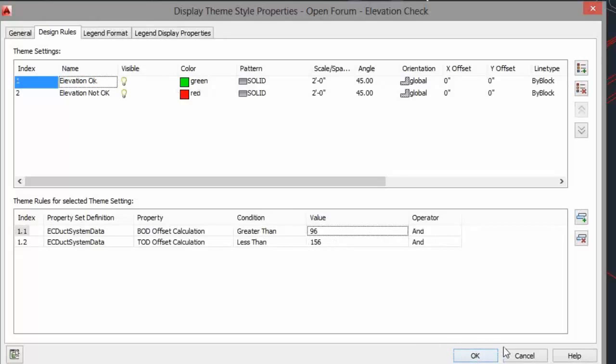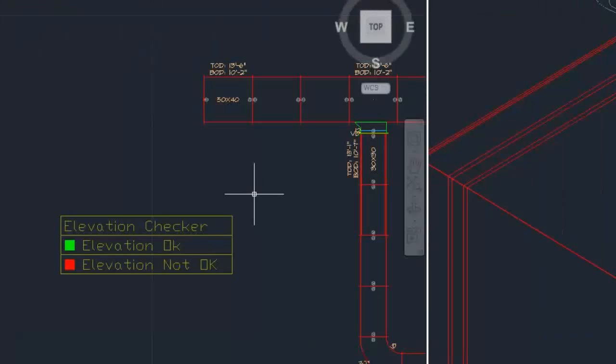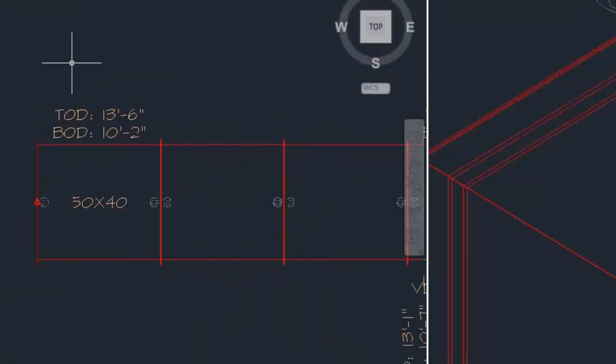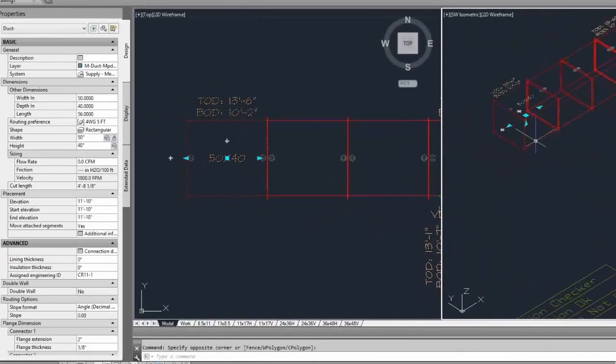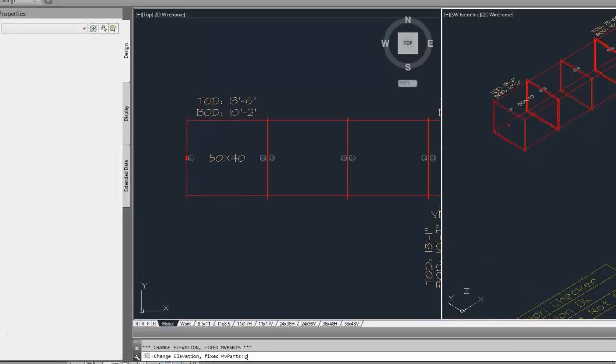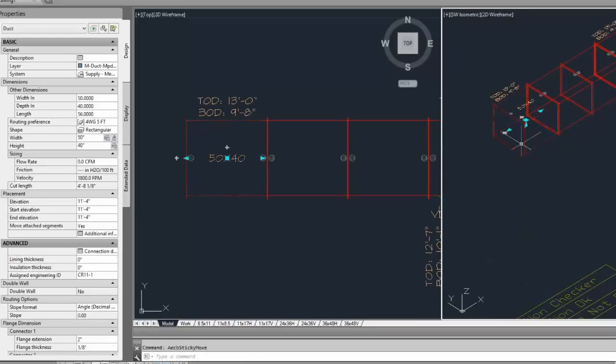So let's go back to our drawing here, and we can see right away that this bottom of duct is at 10'2", that's above 8 feet, but the top of duct is at 13.6, which is above our 13-foot threshold. So if we come down here and if we just modify our elevation here by 6 inches, we can see that it went down to